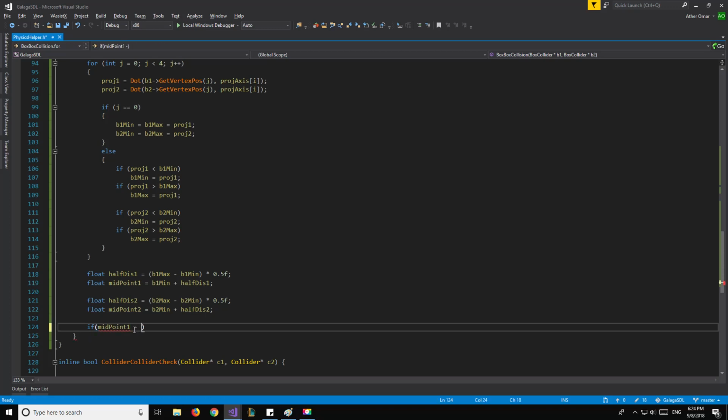midpoint 1 minus midpoint 2, of course we'll put these between brackets. So if the distance from midpoint 1 and midpoint 2 dot magnitude, well, why was I thinking that this is a vector? If the absolute distance from midpoint 1 minus midpoint 2, which is basically like getting the magnitude, what we're going to do is to say if that absolute value is more than half distance 1 plus half distance 2,